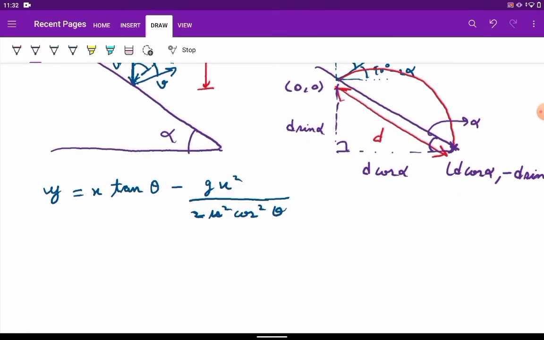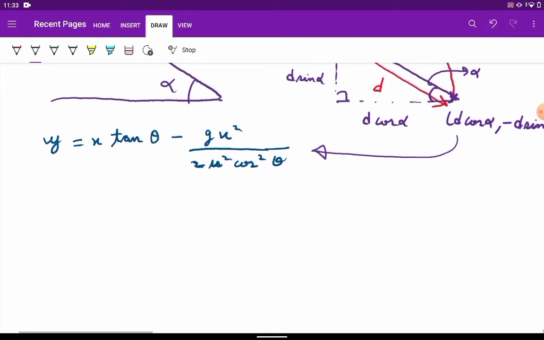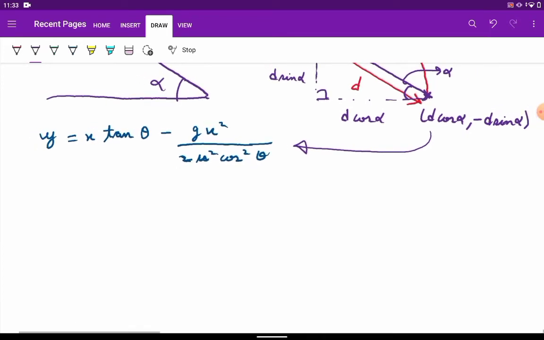Since this is also a point on this trajectory, it should satisfy this particular equation. And I would like to mention that theta is equal to 90 degrees minus 2 alpha,